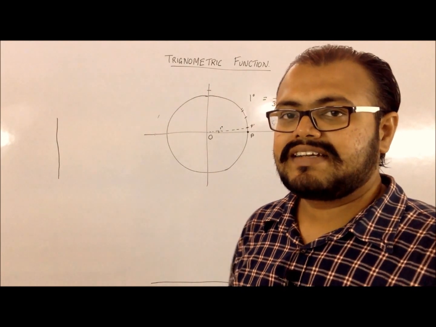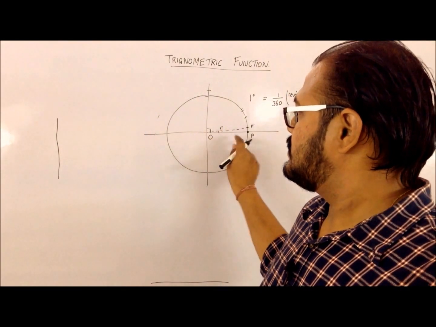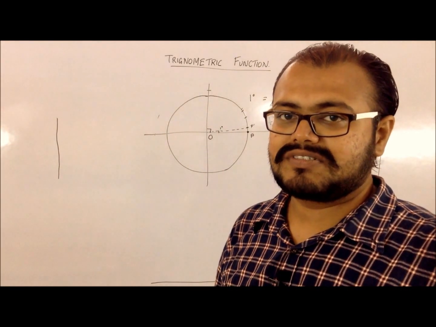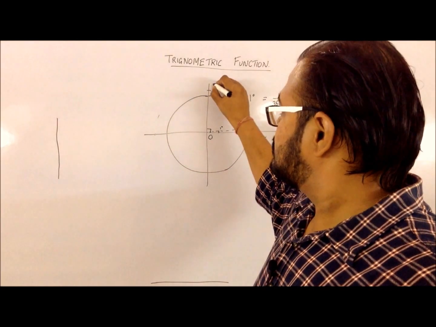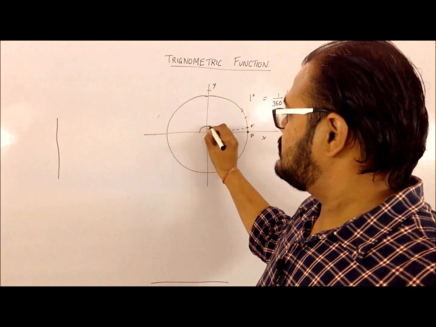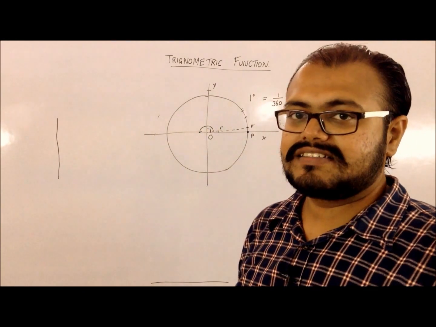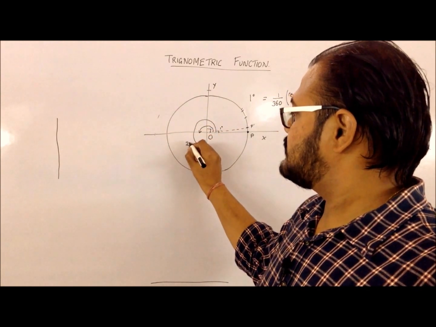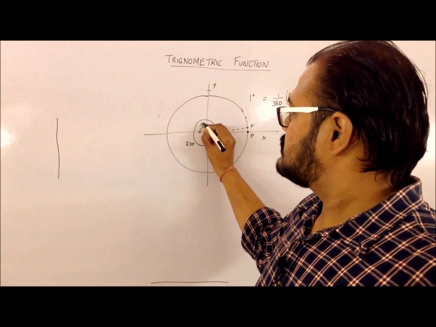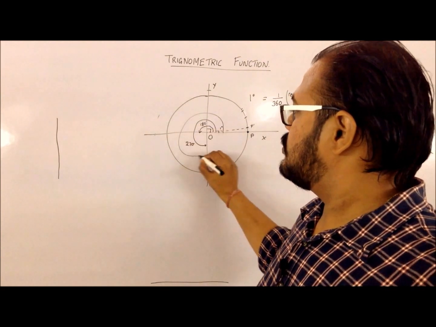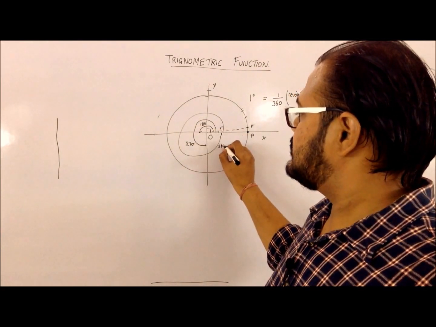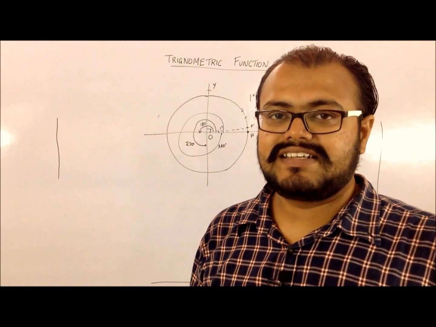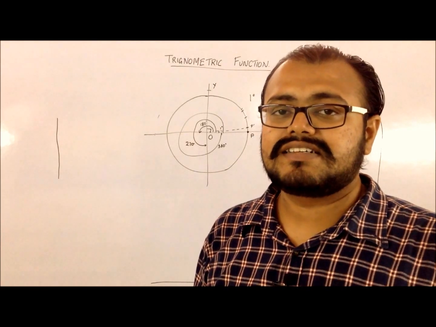So according to that, my 90 degrees will be the angle between the axes, that is the positive x-axis and the positive y-axis, and this whole angle is termed as 180 degrees. Another addition of this will give me 270 degrees, and this whole circle will be of 360 degrees. So this is how we define 1 degree, or basically the measurement of angles in degrees.